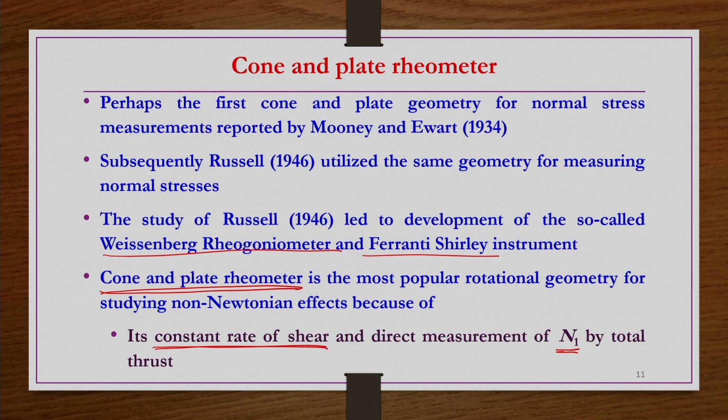Like in the concentric cylinder case, where we developed the equation for shear stress as a function of torque, shear rate as a function of rotational velocity, and normal stresses as a function of pressure differences, we got all those by simplifying the momentum equations. The same thing we are going to do here. We are going to simplify the equations of motion and get the simplified equations for a cone and plate geometry under certain constraints. What those constraints are and what the geometry looks like is what we are going to see now.